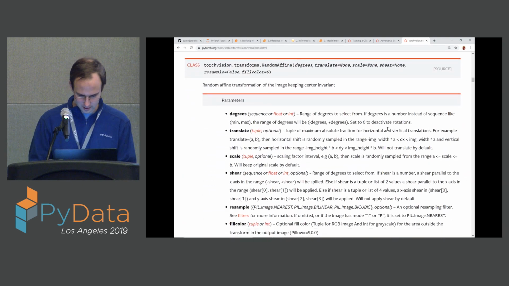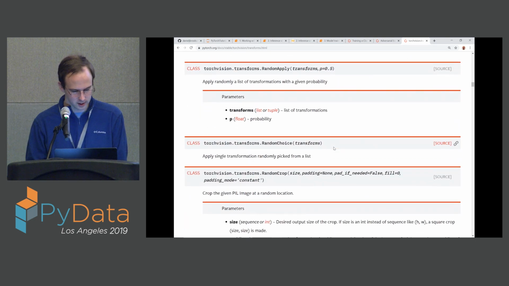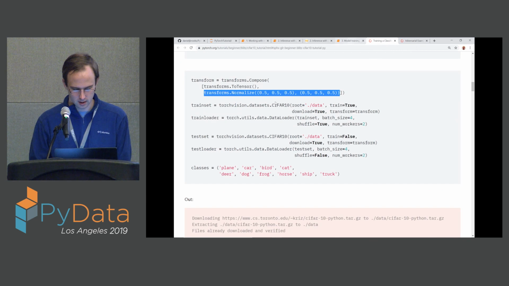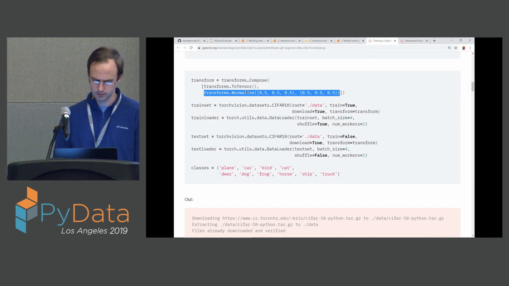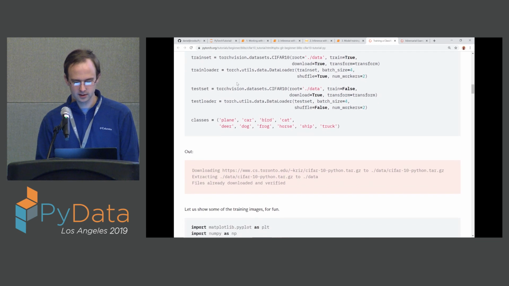I'm trying to get a list of torch transforms, but just as an example, you can do a random affine transformation, you can do a random apply, that sort of thing. So really useful for pre-processing. Some of these data sets are